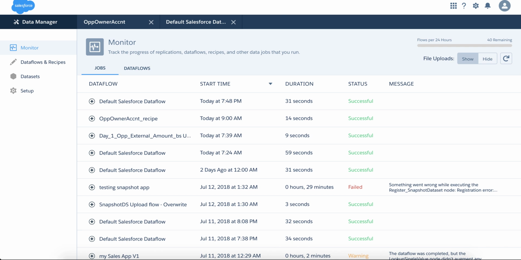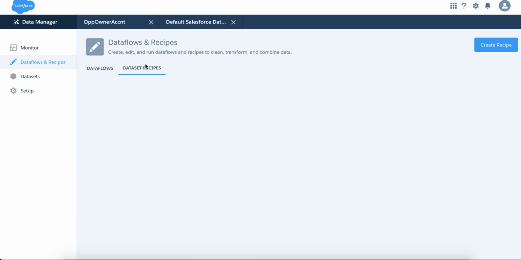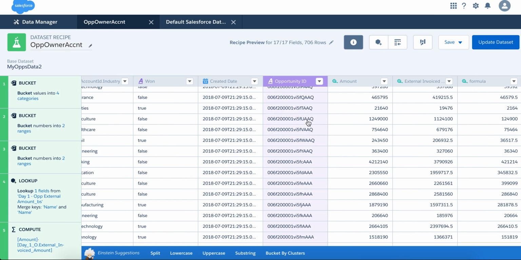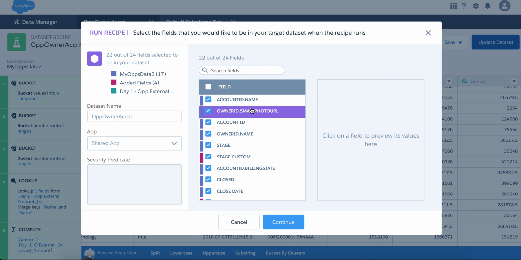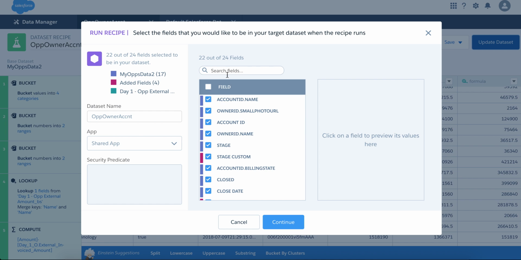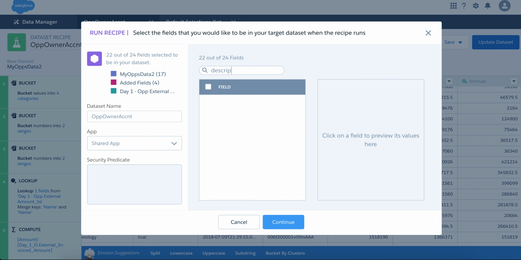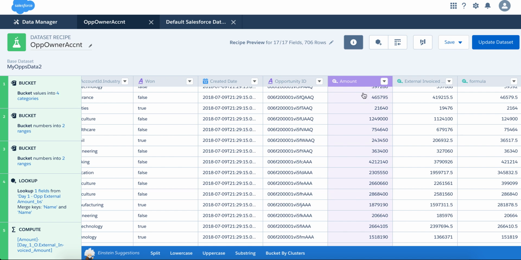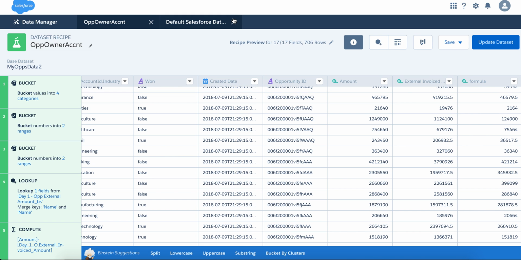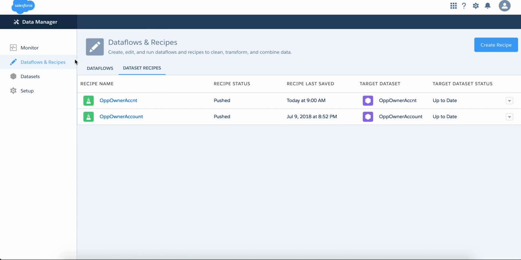Alright, so next thing is go back to Data Manager, go back to the recipe, and this recipe is this one. And here, it's not going to pick the field by default necessarily. What you want to do is, because the base data set now has it, you're going to click update dataset and either search, or you're going to see it somewhere here unchecked. So if I look for description, hold on, maybe I did not. I should have refreshed this